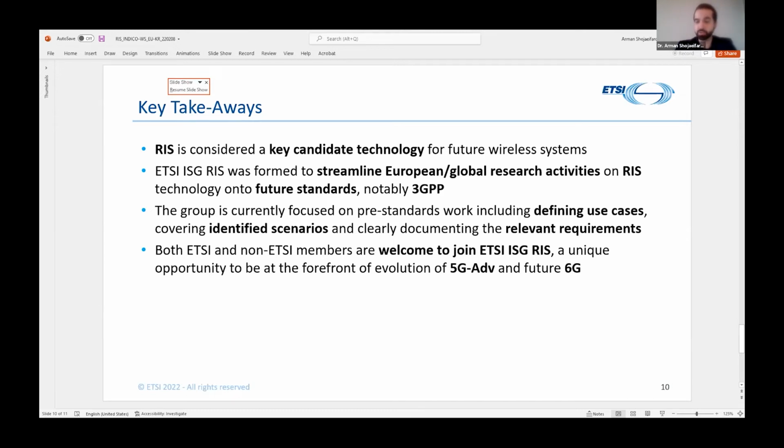And here I would very much like to emphasize that we would greatly welcome participation from players from South Korea, importantly operators in the work of the ISG-RIS. The previous session saw, I think, a consensus on the importance of vision and the right use cases. So we would very much welcome working and participation from colleagues from South Korea. So with that, I'll hand over to you, Tony.